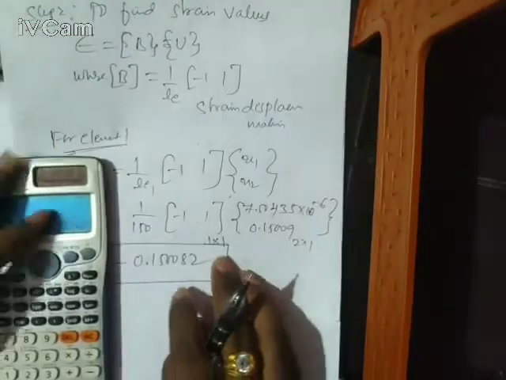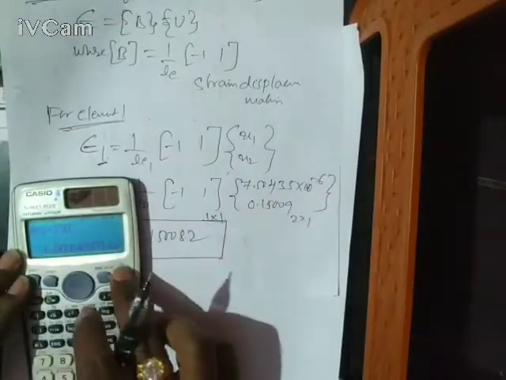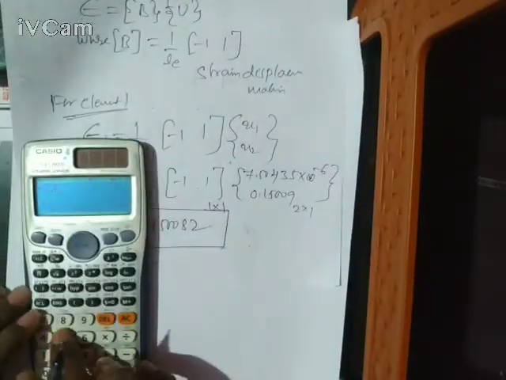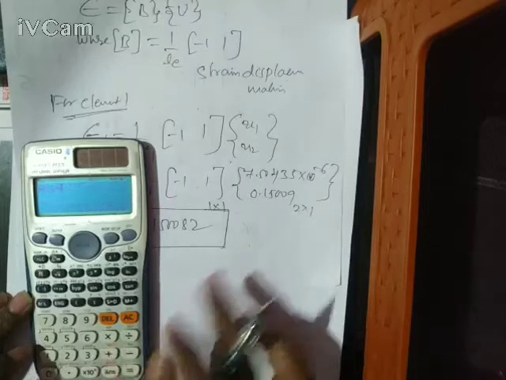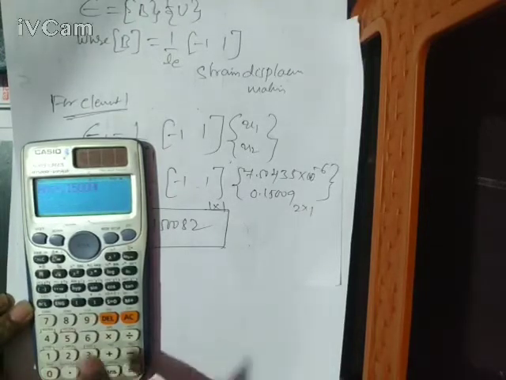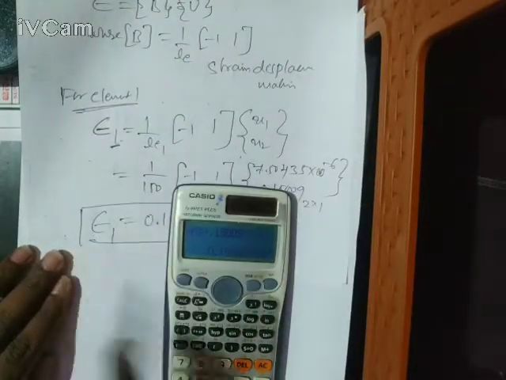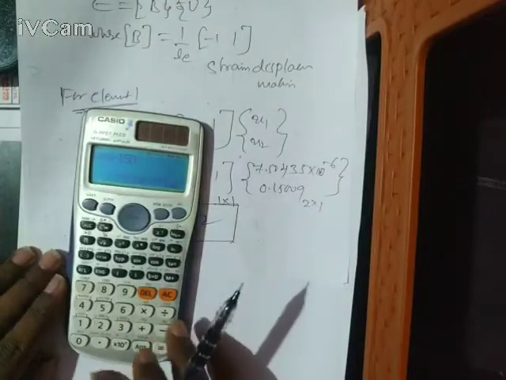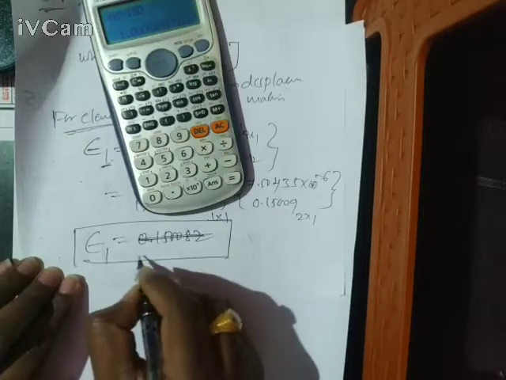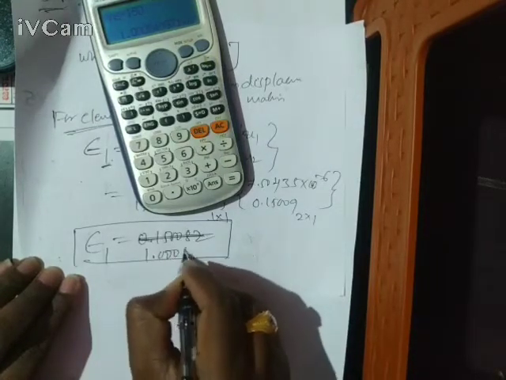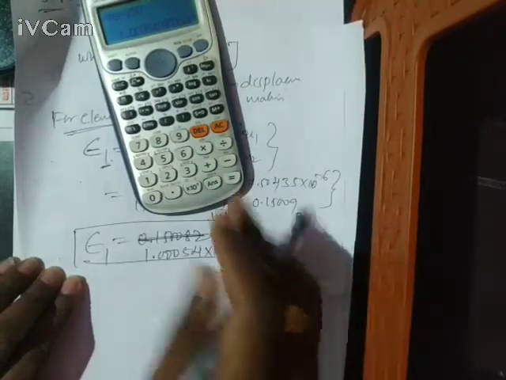See here, friends, for finding strain 1, once again I am going to show you this matrix into this matrix. See here, minus 7.50435 into 10 to the power minus 6 plus 0.15009. But this I had left out in my previous calculation, divided by 150. So I am going to get 1. Sorry, this strain 1 value is wrong. So strain 1 value is 1.00054 into 10 to the power minus 3.